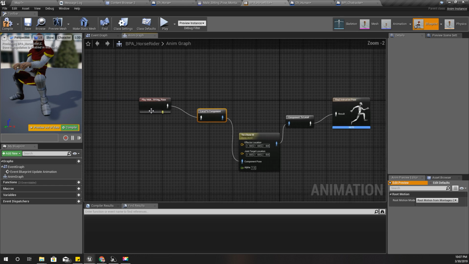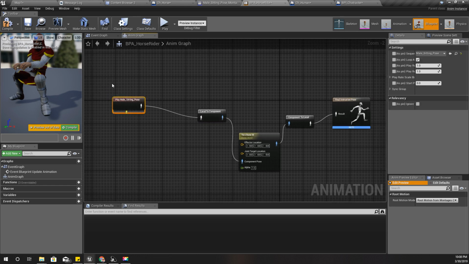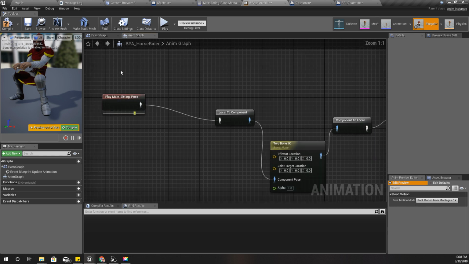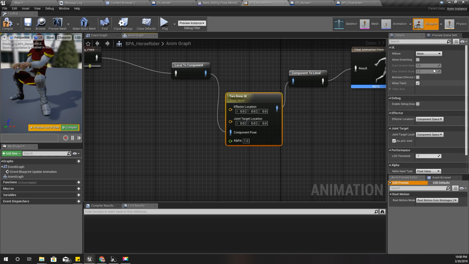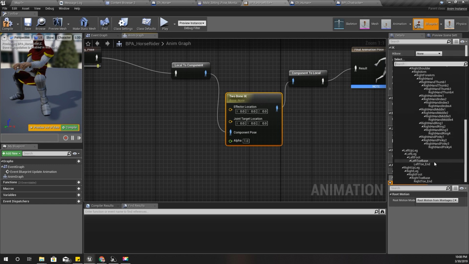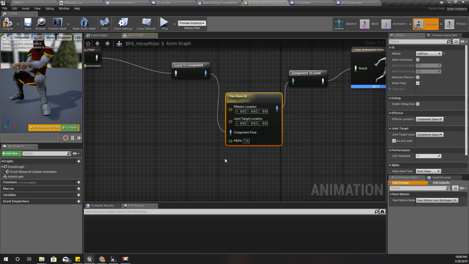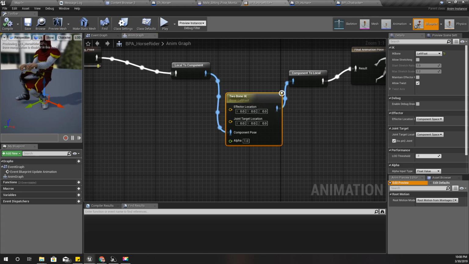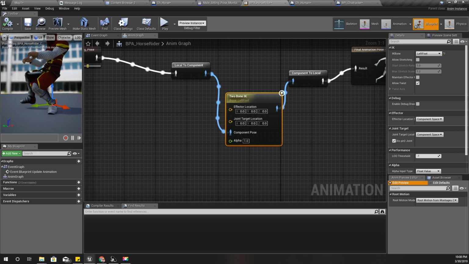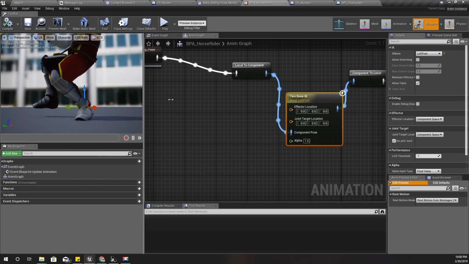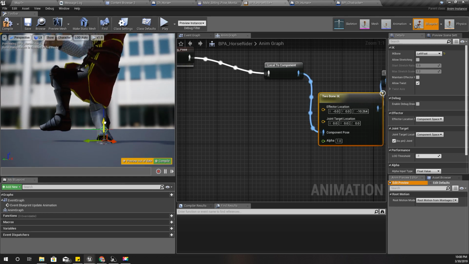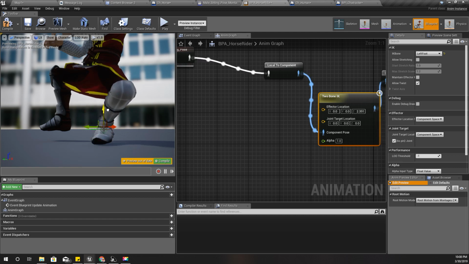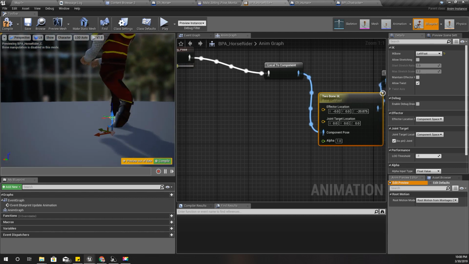If we have more animations, we can add them later with a new state machine or something, but for now this one is enough. And select this. For the IK bone, I'm going to select left foot and compile. Yeah, now as you can see, I have this weird looking leg. So let me, yeah, as you can see, I can move down my leg like this,